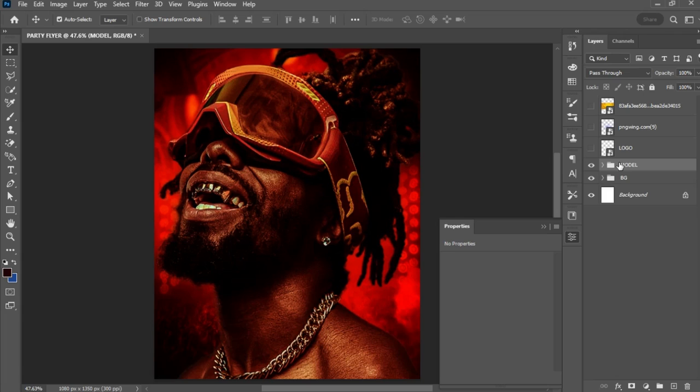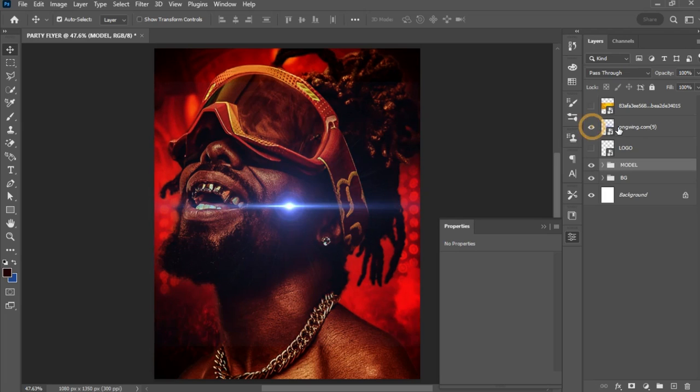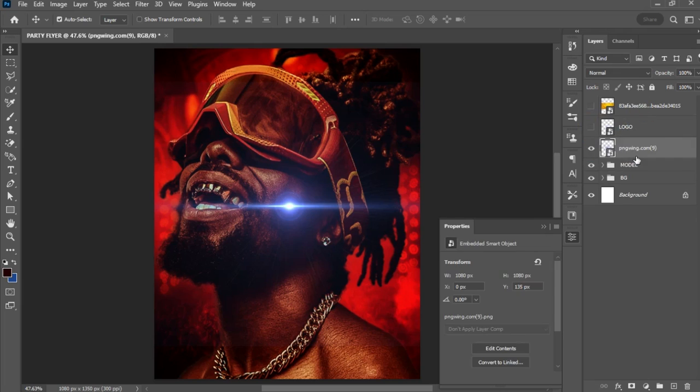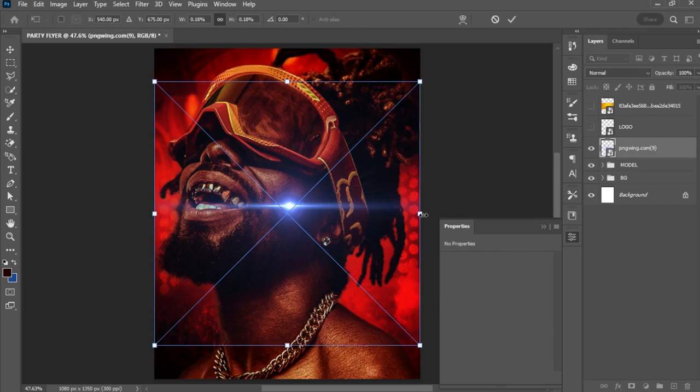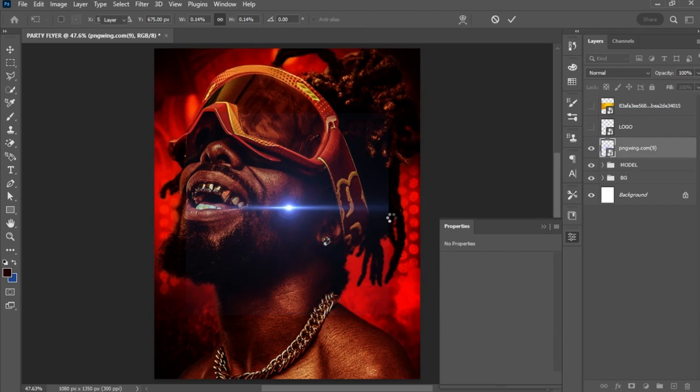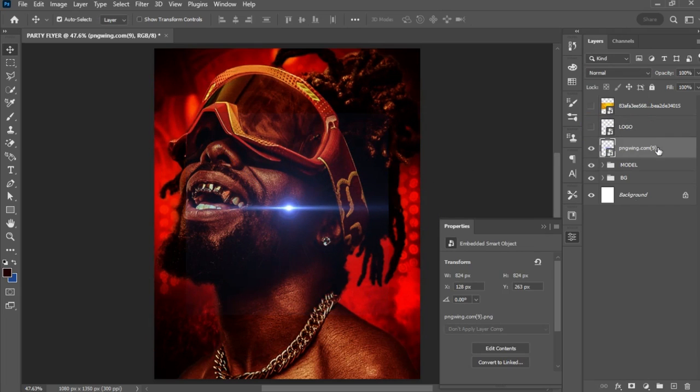So the next thing I have to do is add a light flare to the earring region so that it will glow properly. So I'll come over here and enable this. Okay, after I'm done with that, I can choose to hit Ctrl T, scale it down a little like this as well. Okay, so after I'm done with that, the next thing I would like to